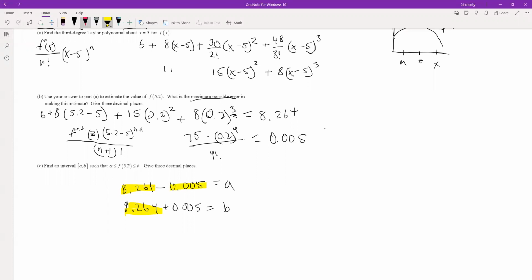So by subtracting the max error, we know that the value must be greater than A, and then by adding the max error, we know that it must be less than B. So this gives us 8.259 is less than or equal to f of 5.2, which is less than or equal to